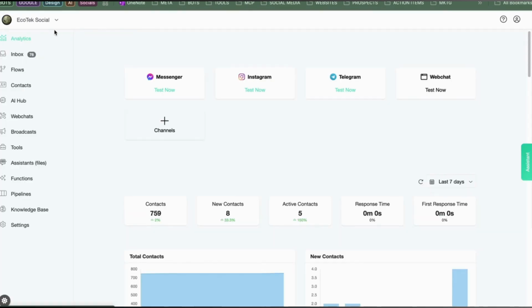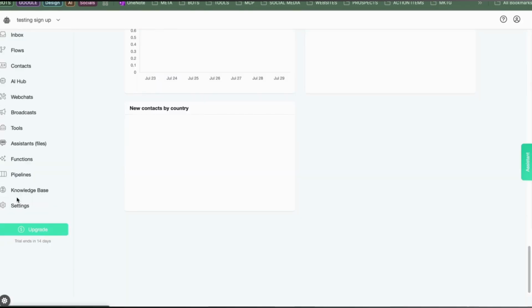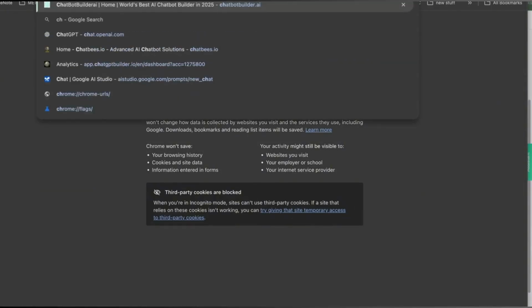I was logged in, see, it puts it here. Let's go testing sign up. There it is right there. It puts it under my user ID, even if I go to the site. So I would have to log out. So if I go over to an incognito window where I'm not logged in, and I go to Chatbot Builder,